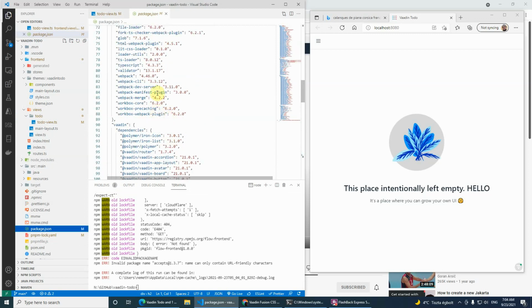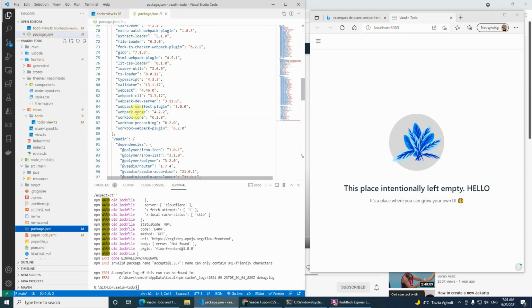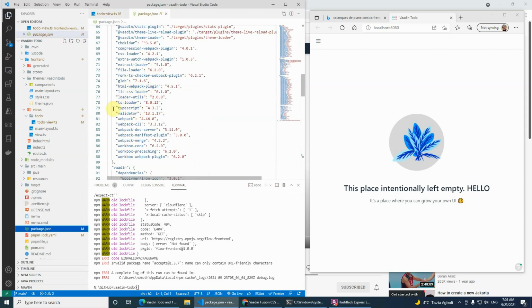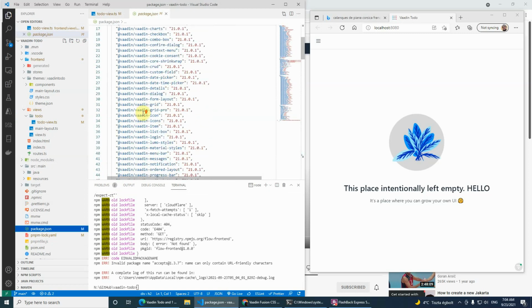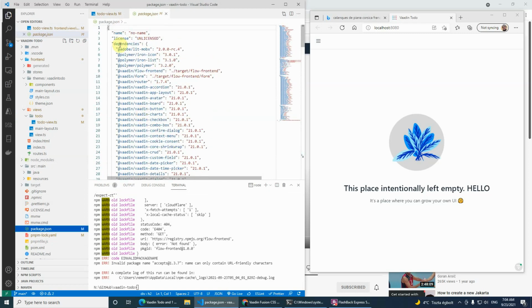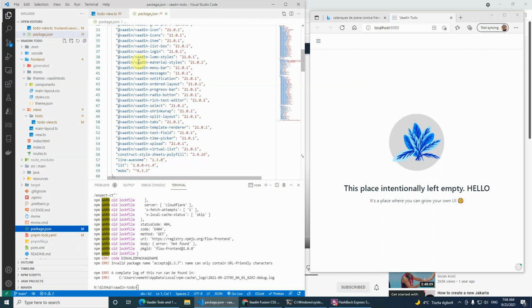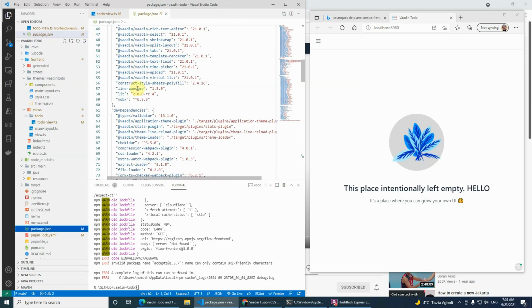And also this is the lit css loader. This is where I'm expecting lumo to be displayed. Oh sorry, this is the dev dependencies, and these are the dependencies, the runtime dependencies, and I see no lumo anywhere. So I don't know, my npm